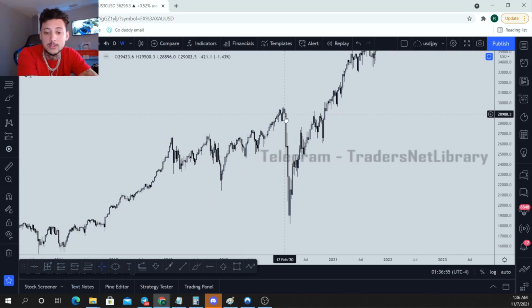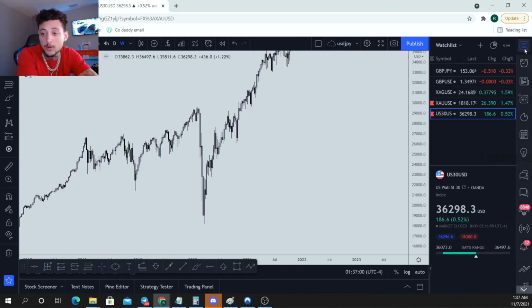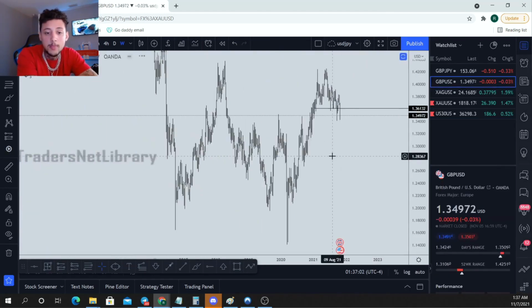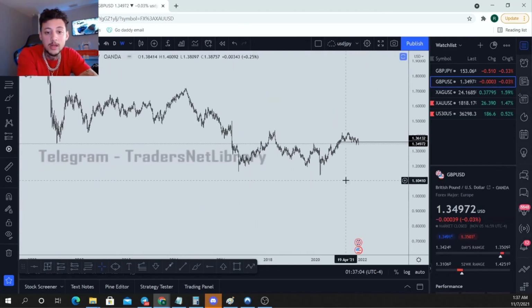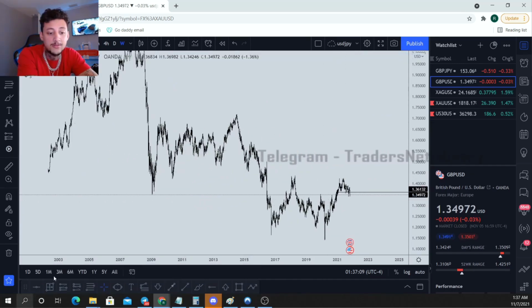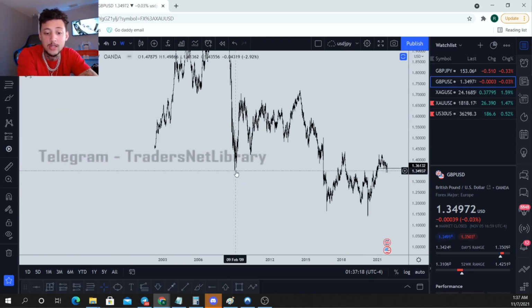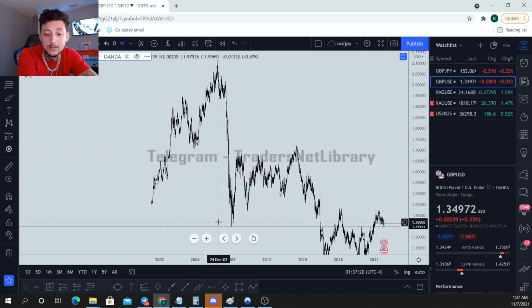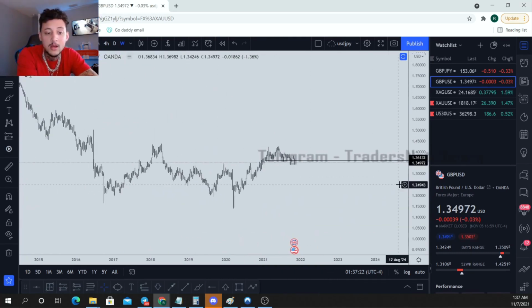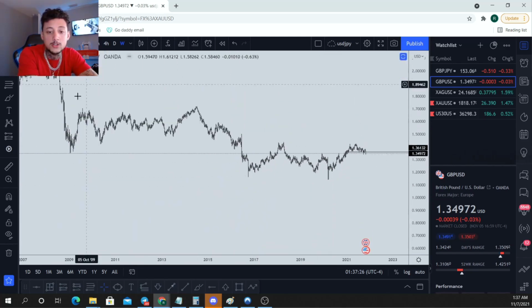Right now, this was obviously the crash during COVID, when the COVID-19 pandemic first hit. But if we take a look at another pair like GBP USD, we could see that for the last few years, we have consistently been getting lower and lower and lower. For the last few years, since 2009, 2007, practically, right? But I don't want you guys to focus on the bigger picture like this when we're